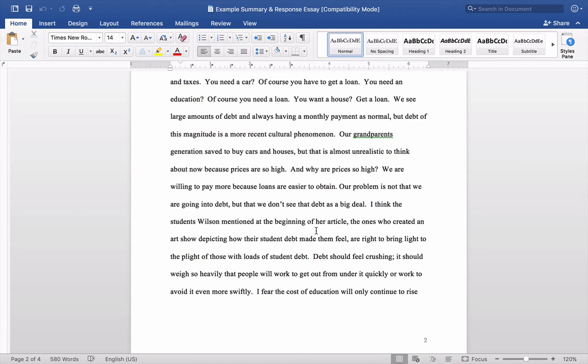So if you were to agree with this essay, here's how you would go about doing it. I can't just say, oh, I agree with this and I agree with that and I agree with that. It has to be more than that. You have to bring something new. In order to make your own argument, you might need to extend it to a further place that the writer doesn't go. For example, had I agreed with Miss Wilson that the amount of student debt is perfectly fine, I